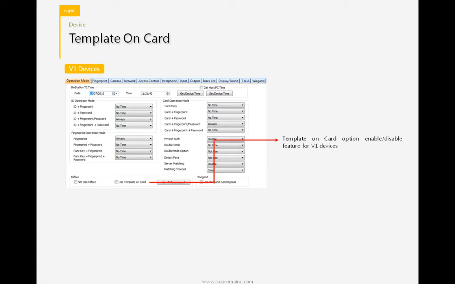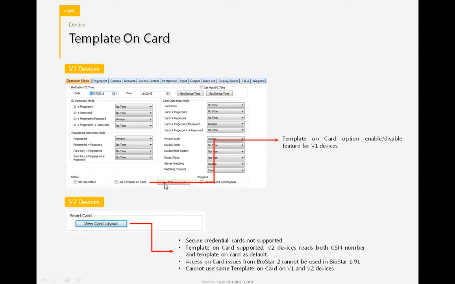Template on card, yes. Template on card can be used on both version 1 devices and version 2 devices. For version 1 devices, you had an option to enable or disable this TOC function. For version 2 devices, by default, the device will accept both CSN and template on card.